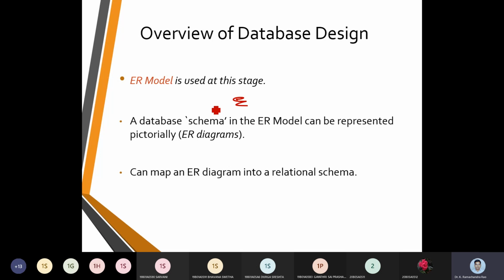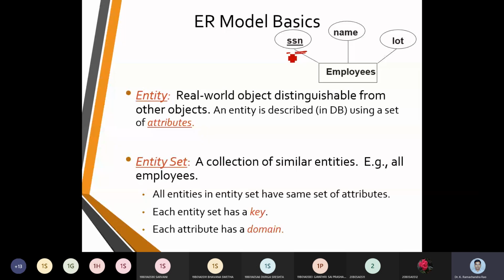So here is an example towards an ER model. So we have entity relationship models, object relation models, etc. So first we will be talking about these ER diagrams.